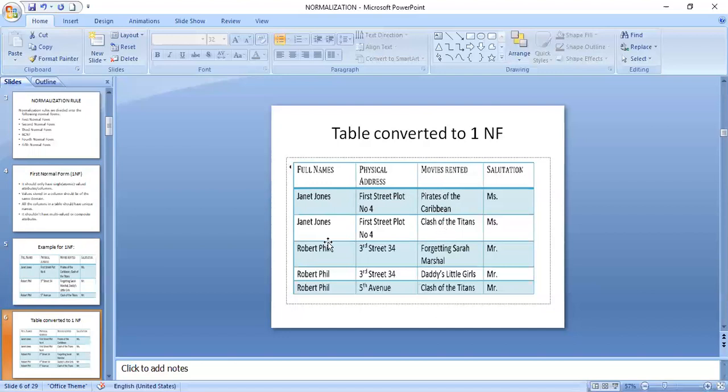Because of this alone, we consider these as unique or atomic values. If they were the same, these two would also have the same values, and it should be Pirates of the Caribbean in both, but that is not happening here.